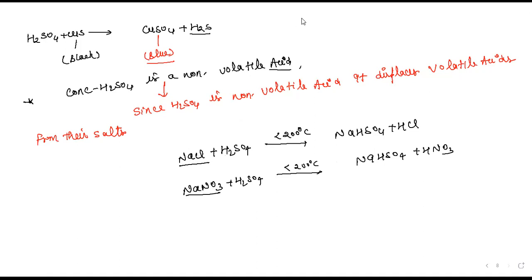Yes, sir. Sometimes there may be a question: write the property of H2SO4 in which it behaves like a volatile liquid or non-volatile liquid. So you have to write these two equations. Okay. Next, you want to note it? Yes, sir. Just make a star and write: concentrated H2SO4 is a non-volatile liquid or acid. You can also write liquid.